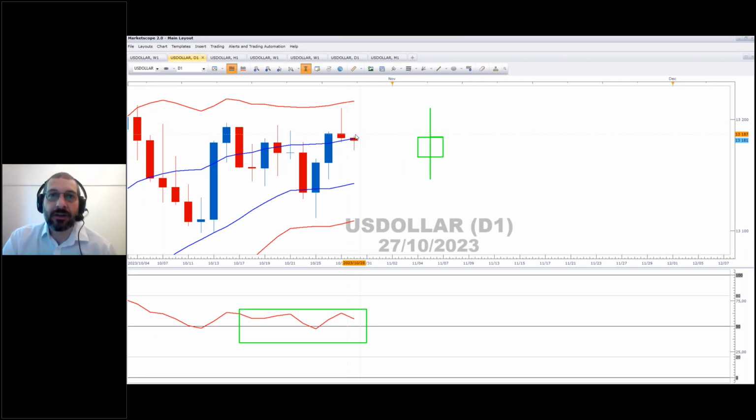But I think trading is going to be tough. Why do I think trading is going to be tough? Because of that underlying uncertainty. We don't really have a conviction to the upside, and we don't really have a conviction to the downside yet. And that puts us in a very uncomfortable position as traders. And unfortunately, that's just the way it is.